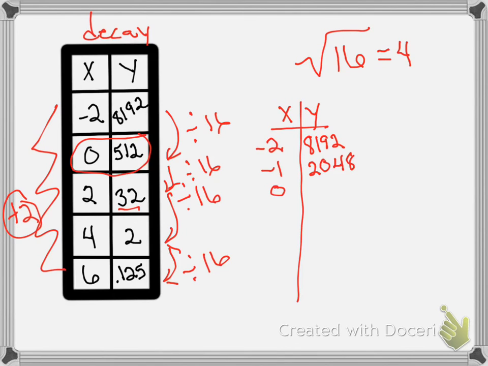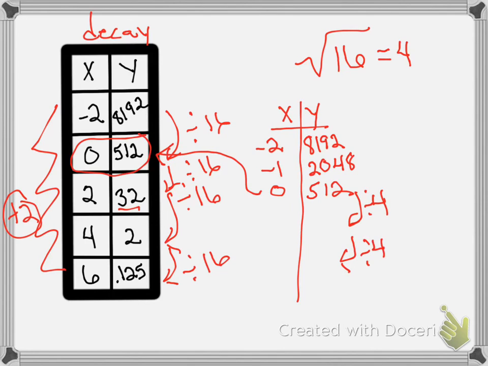Then if we divide by 4 again, we get 512, which matches that y-intercept that we had in our original table. Now, I'm not going to finish the rest of the table, guys, but the pattern would be the same. You would continue to divide by 4,